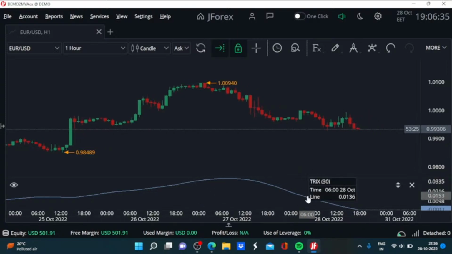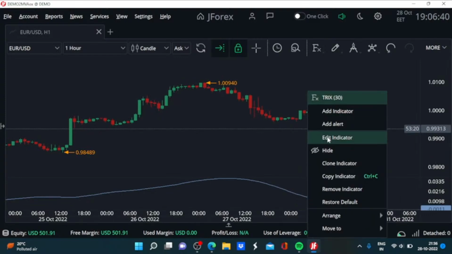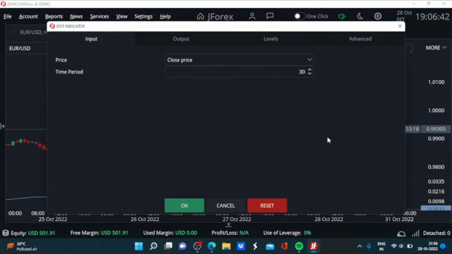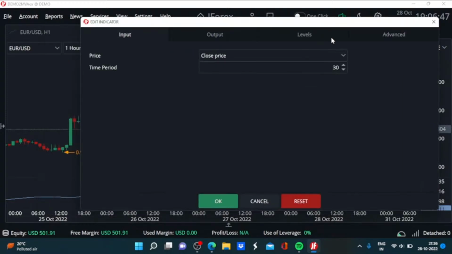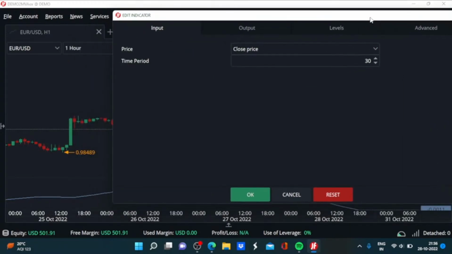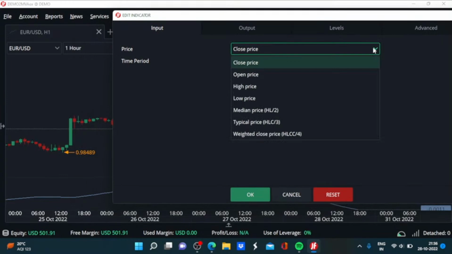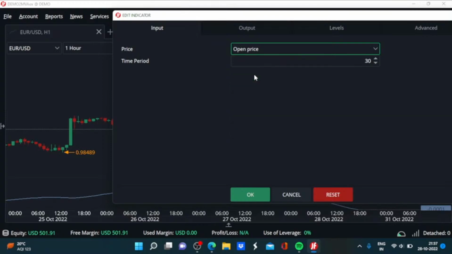So now, reverting back to its parameters, we will see what are the editing options given to us. So we have this input price mechanism which we can vary. We can opt for various types of input parameters. We get these options: close price, open price, high price, low price, median price, typical price, weighted close price. All these 7 options are there. So if you try one by one, you will observe that there is going to be a slight change in the output value of the